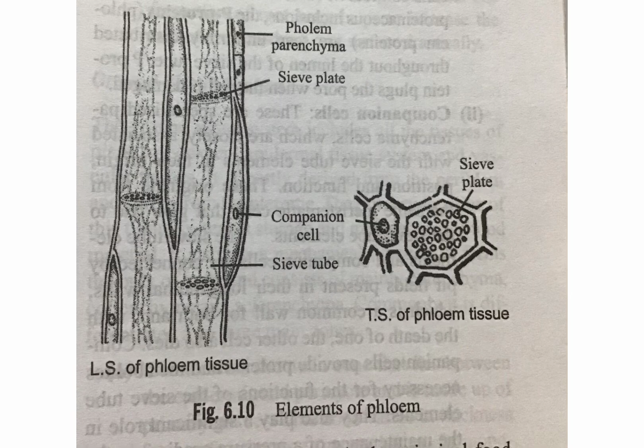Okay, in this diagram I am showing you different elements of phloem. आप देख सकते हो longitudinal section of phloem tissue. Here phloem parenchyma is shown, sieve plates are shown, companion cells which have tapering ends and a nucleus, ये इसकी identification है, and sieve tubes. Okay, then if we see the transverse section of phloem tissue, the sieve plate is clearly shown and companion cells भी बिल्कुल अलग लगते हैं.